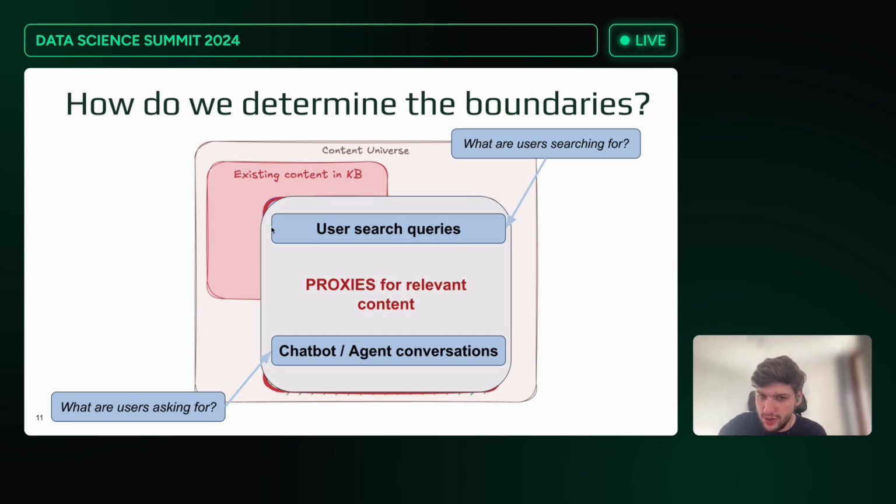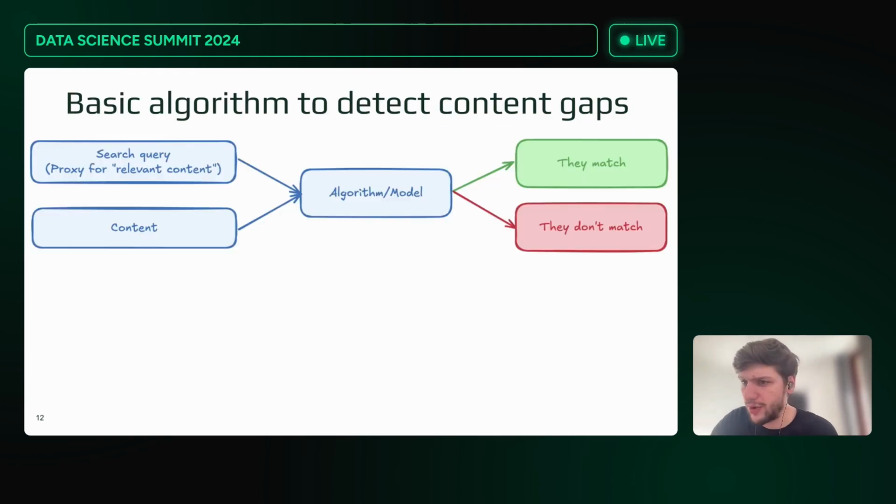So we have the user search queries and any sort of chatbot or agent conversations, and this can really help you nail down what the relevant content is. On a high level, that's how we define content gaps and how we can get to those content gaps. So here's the proposition for a very basic algorithm of how you could identify these content